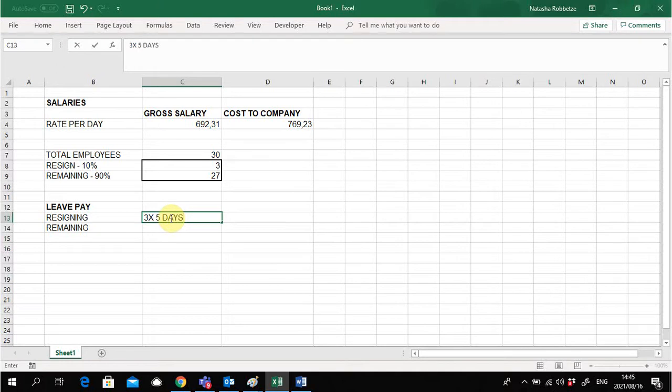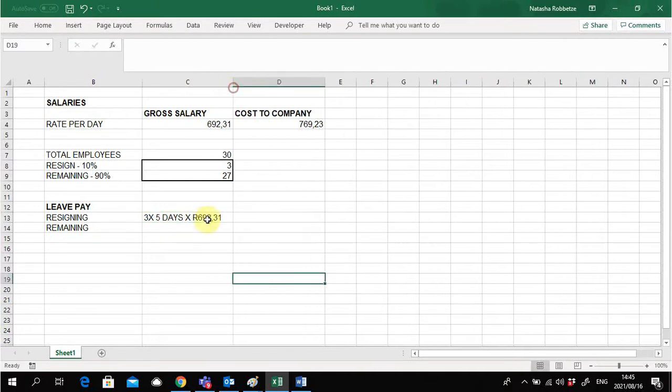And then we are going to multiply it by the rate based on the gross salary, which is 692.31 cents. So in an instance where staff members are resigning, we use the gross salary rate. If they are remaining, we use cost to company rate. If we look at those who remain, those are 27 employees, and we have 5 days for them, and their rate is 769.31